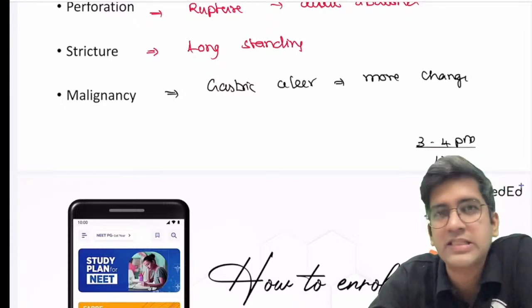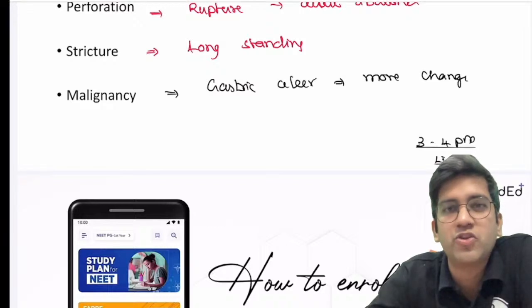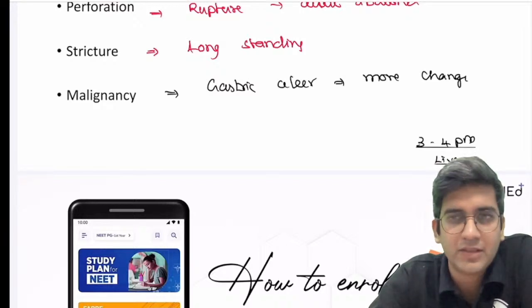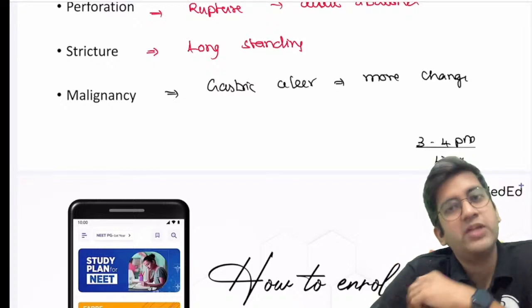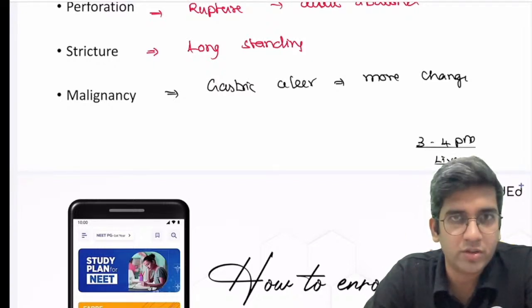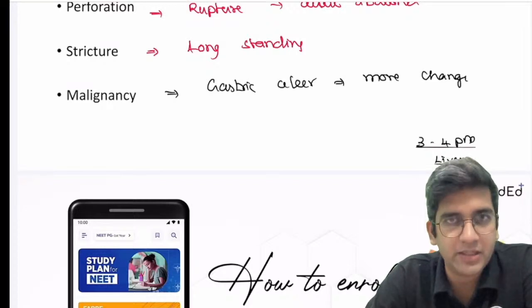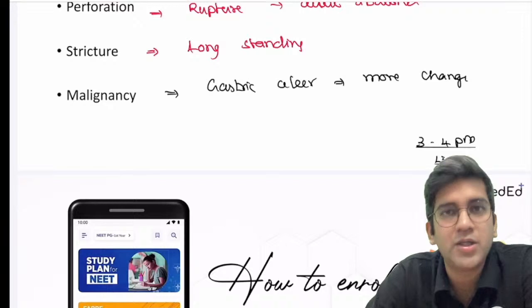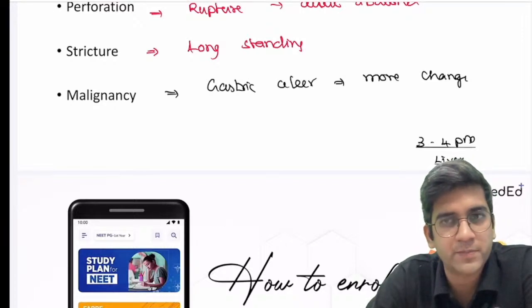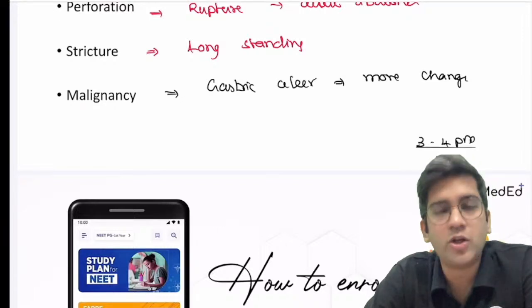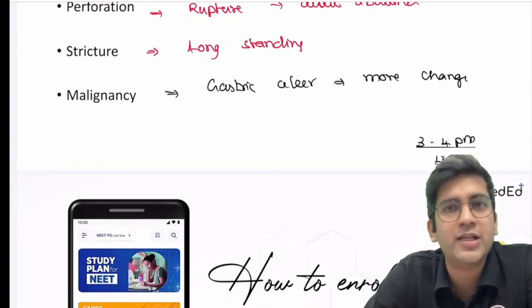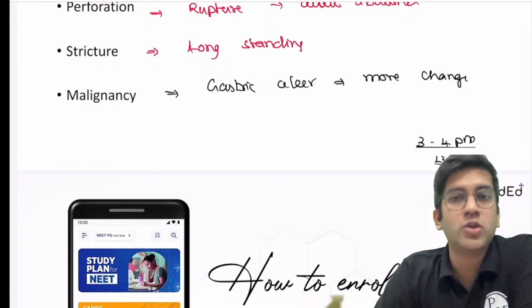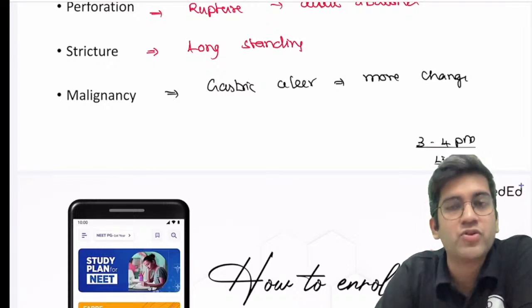Can I say reticount is nothing but the response of the bone marrow? Yes, it is. If my bone marrow is going to proliferate more, the reticount will become more. In iron deficiency anemia, I am not having enough nutrition for the bone marrow to grow. Do you think the bone marrow will grow or not? It will not grow. I don't have enough food. Bone marrow's food is iron. Iron is not there, so the bone marrow will not grow. New cells will not be formed, so reticulocytes will not be formed.